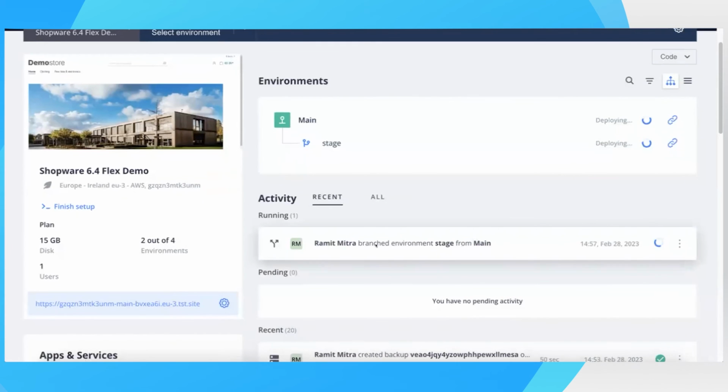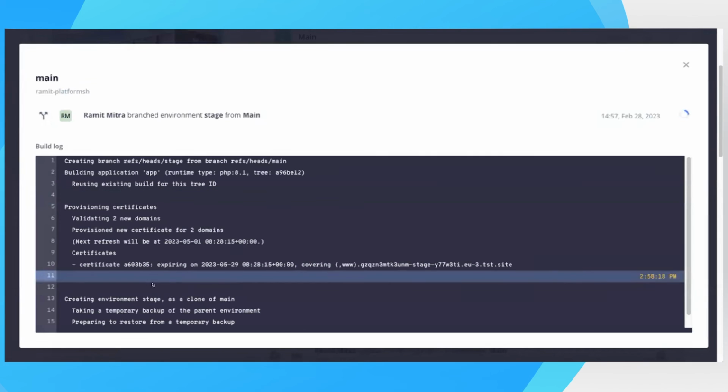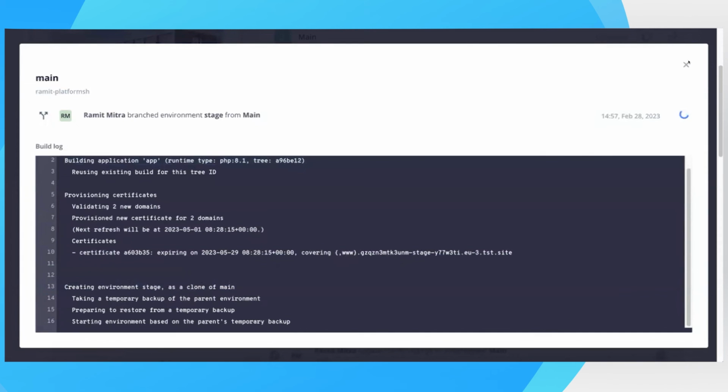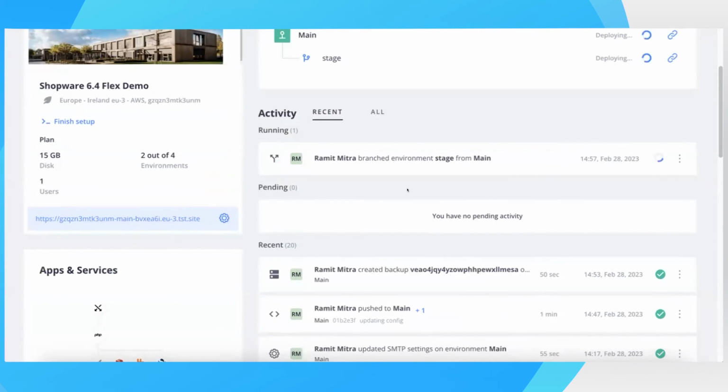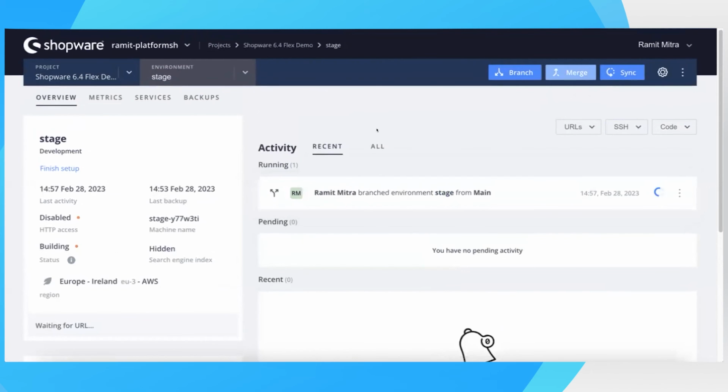So I'll let it deploy. Obviously, I think I'll need to set up some of the theme files and other configuration for this new environment, but I can at least show you that it's up and running. The deployment is still running, but that's kind of